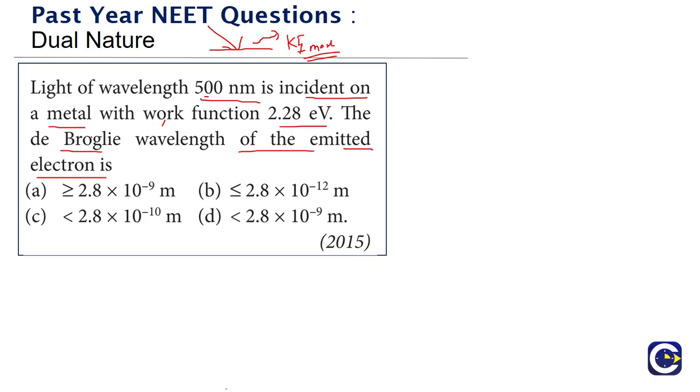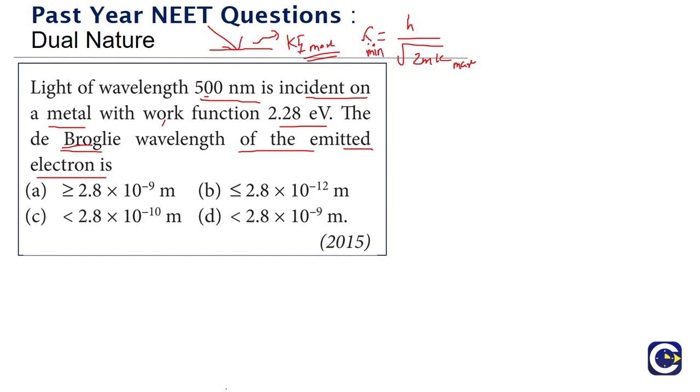If you look at the de Broglie wavelength of the emitted electrons, what is the formula for the de Broglie wavelength? We have different formulas. The formula we can use is lambda equals h by root 2mK, because from Einstein's equation we will know the kinetic energy. Now if we have the K max value, because the kinetic energy is in the denominator, here m is the mass of the electron and h is Planck's constant. If we have K max, then the corresponding lambda will be what?